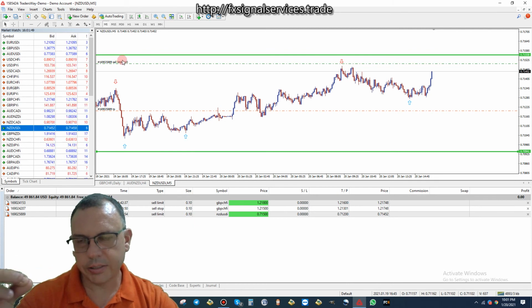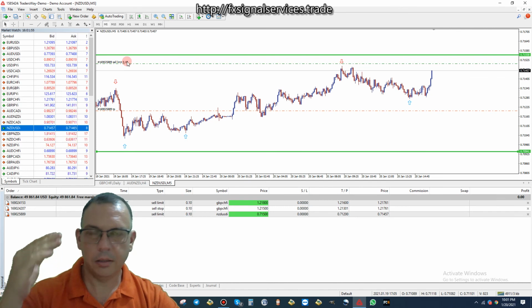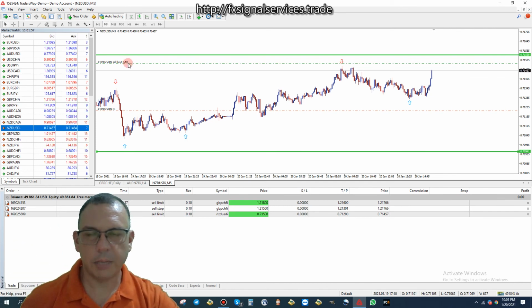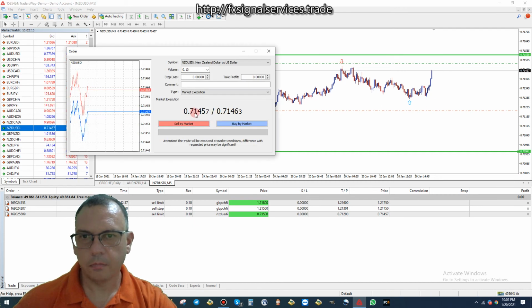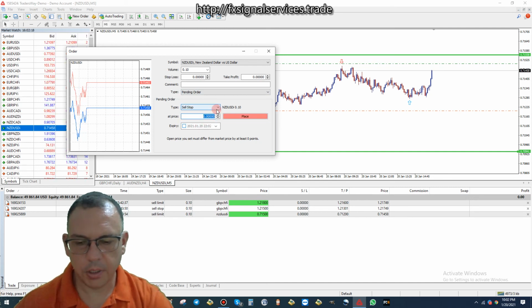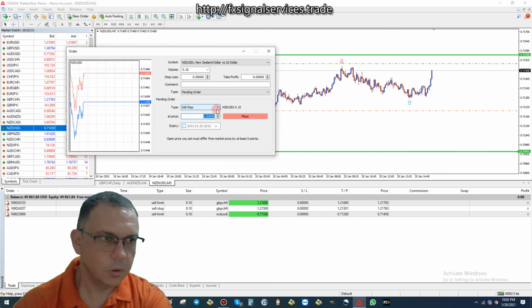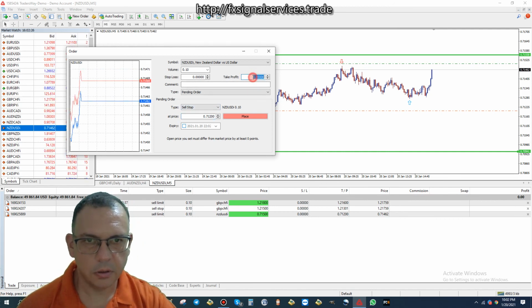So next I want to do a sell stop pin order. So again, limit order, stop order, limit order, stop order, just like that. So we want to put a stop order where? Just below this line. Okay, we do a sell stop at around 0.71200 and take profit at